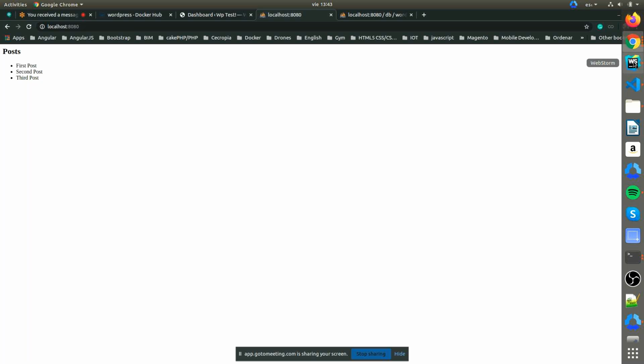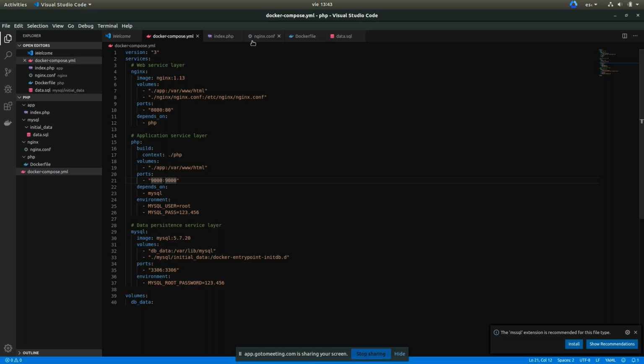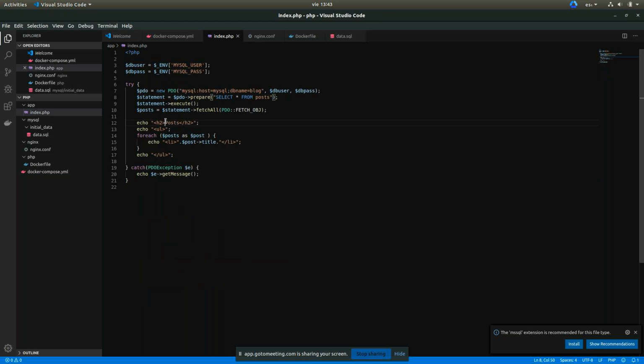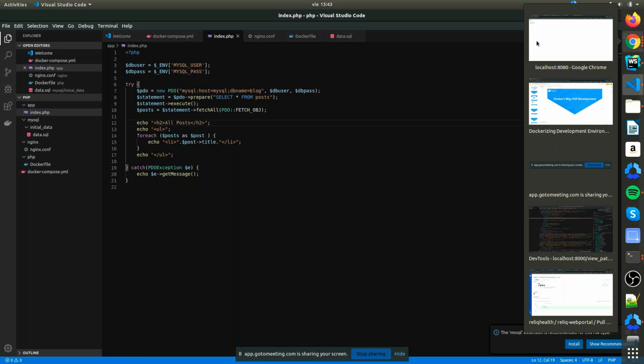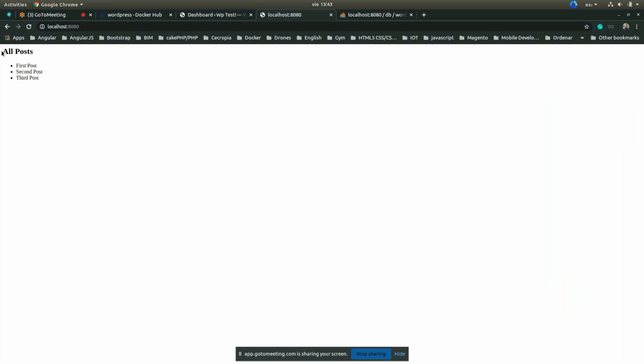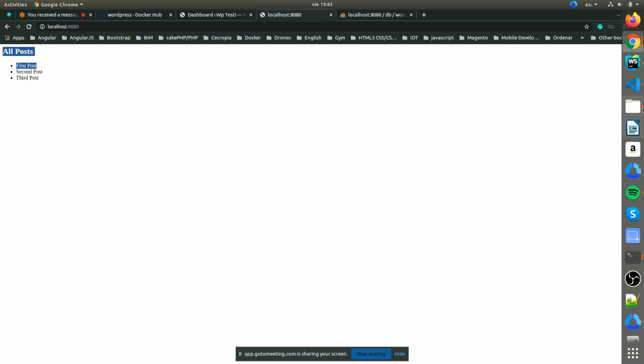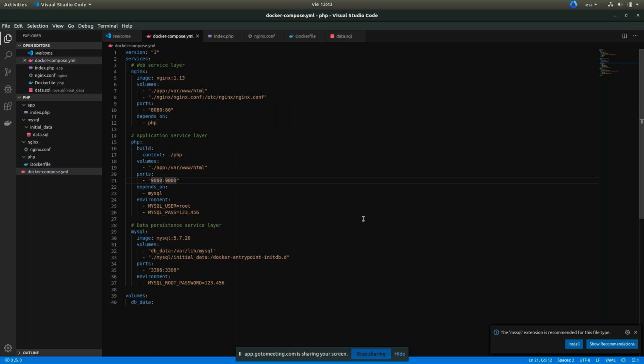If we make any changes to it, we simply refresh the page and the change is displayed here. As you can see, it is very easy to configure and create a small development environment using Docker.